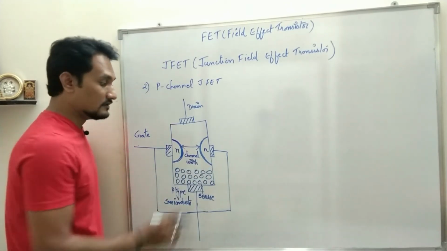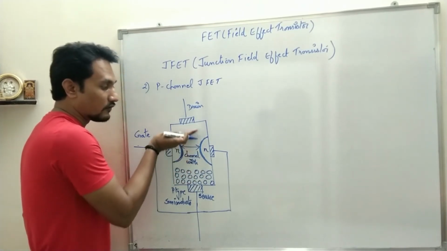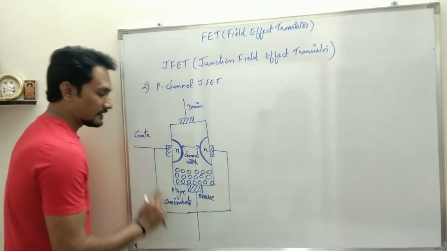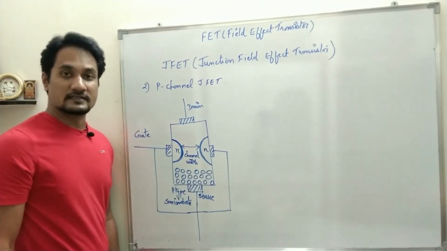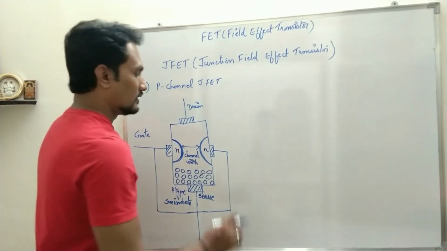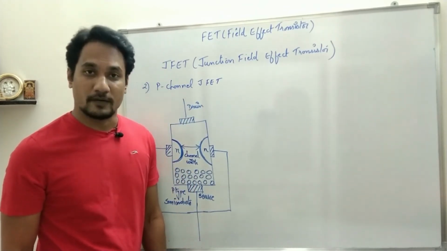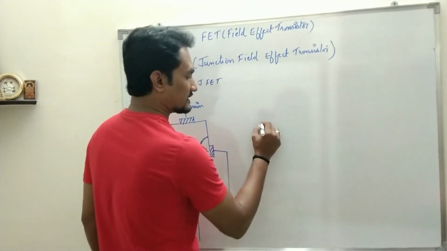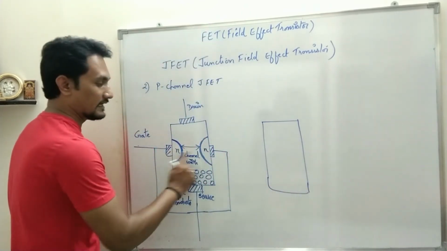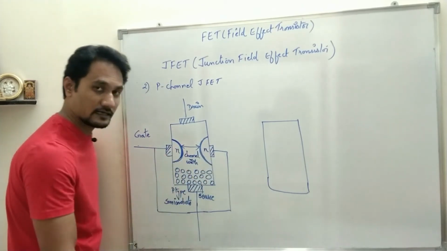or I can say channel width. This channel width will define how many holes, or charge carriers, will move from source to drain. These two PN junctions will be connected together and considered as one terminal, which is the gate. So this is the construction part. Next we will try to understand the operation or the working part. When I explain the working of the p-channel JFET, I will not show these two terminals internally connected. I will just take out one terminal. It has to be assumed that these two terminals are internally connected.